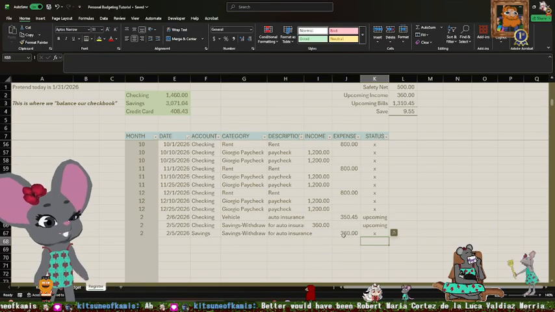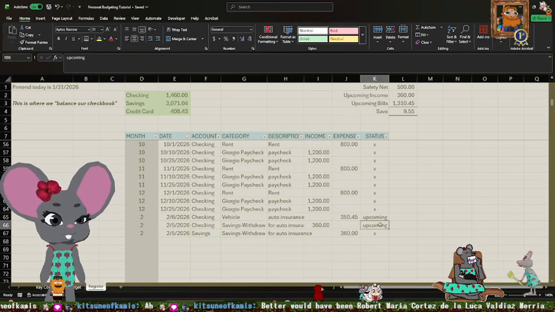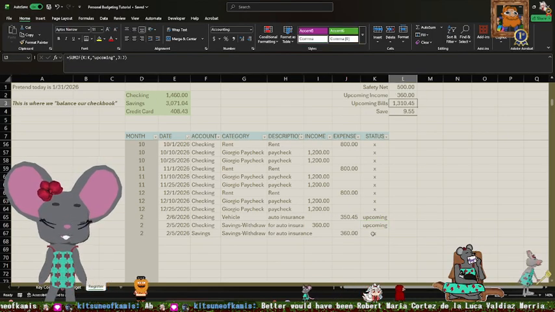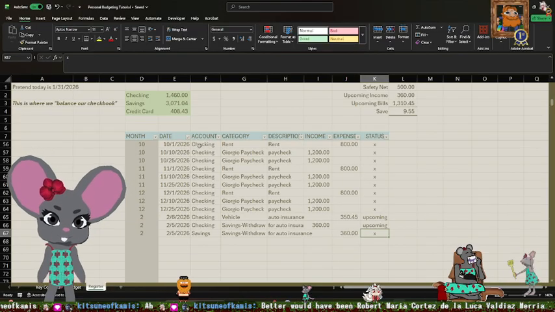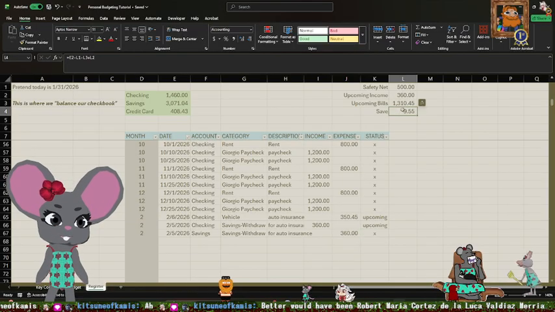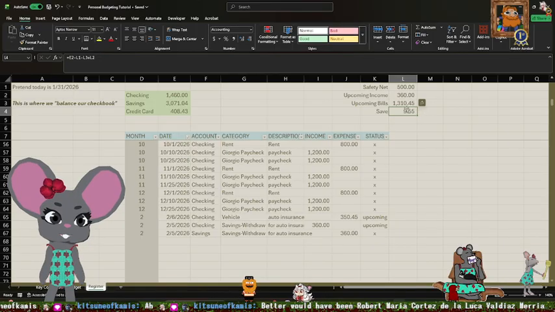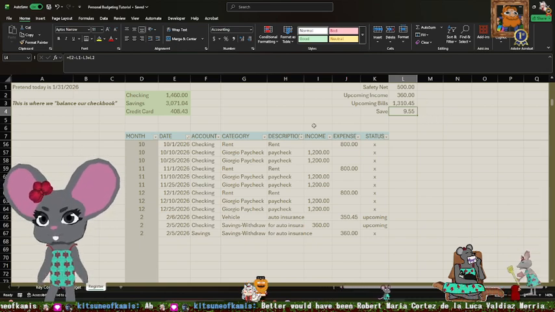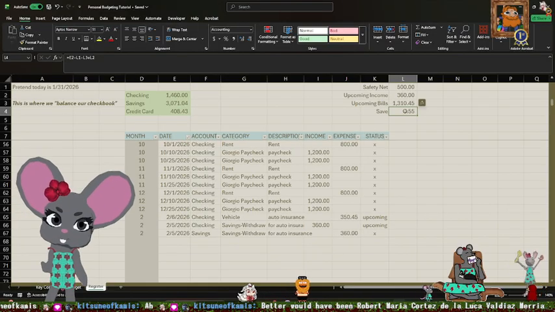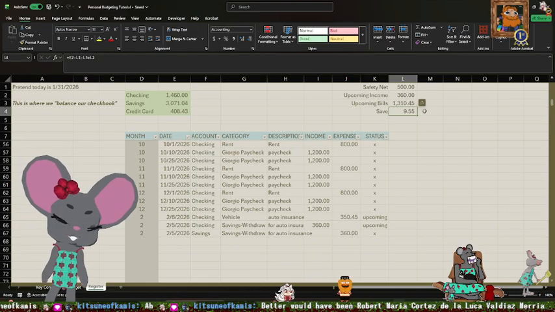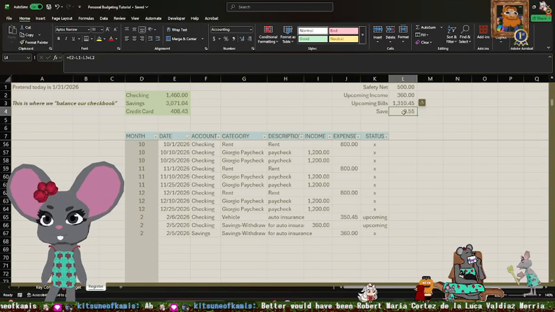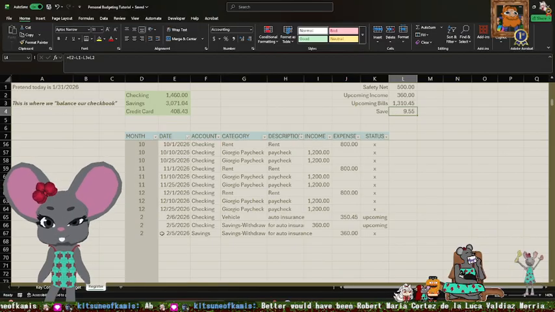Now we don't want to mark that as upcoming in our savings account, because the upcoming bit is just to be keeping track of what's upcoming for our checking account. So we're just going to mark it as pending in the savings account. And now we can see it recalculates to, there's $9 you can save. That's not enough money for me to worry about making a whole transaction over to savings for. But just keep an eye on that savings amount for when there's a good amount of money that you'll be able to afford to save or that you need to withdraw.